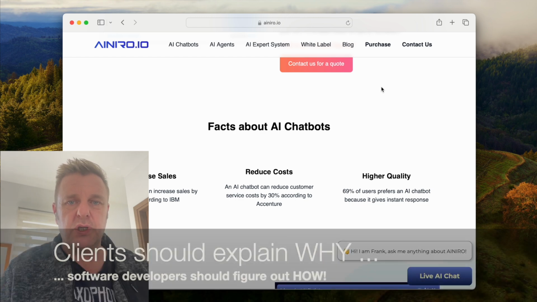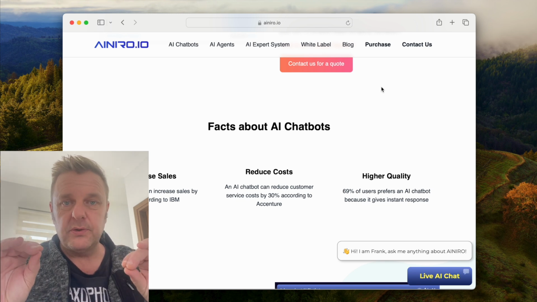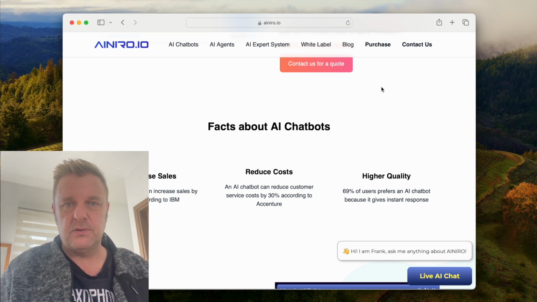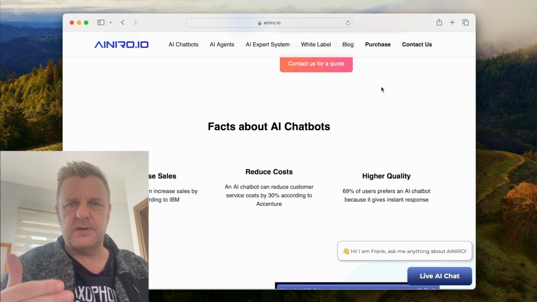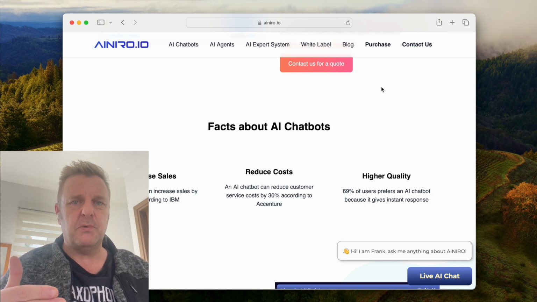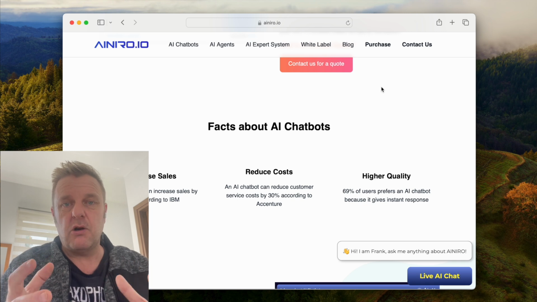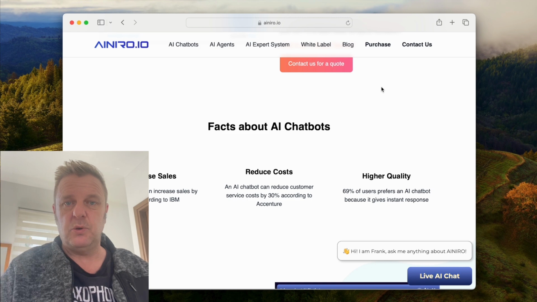So basically, the conclusion is to never, ever, ever give your client what he wants. Ask him why he wants that, and then solve his problem. You see, you shouldn't ask your clients about what they want. You should ask them about why they want it. And you should ask them about what they want to achieve and accomplish, at which point the how remains up to you to figure out.